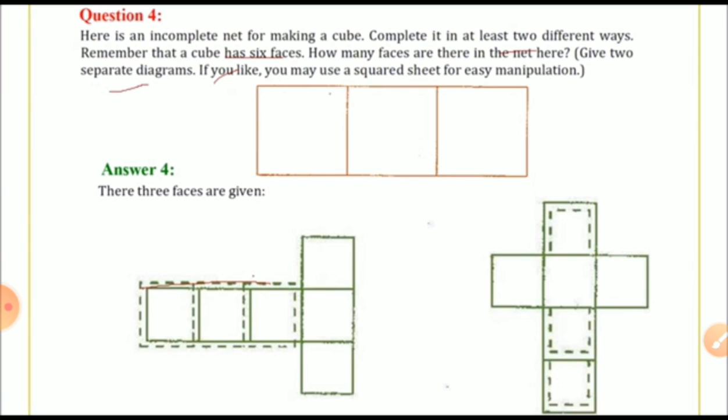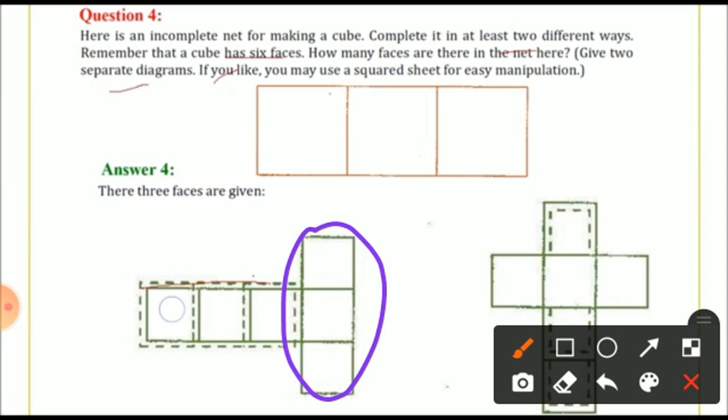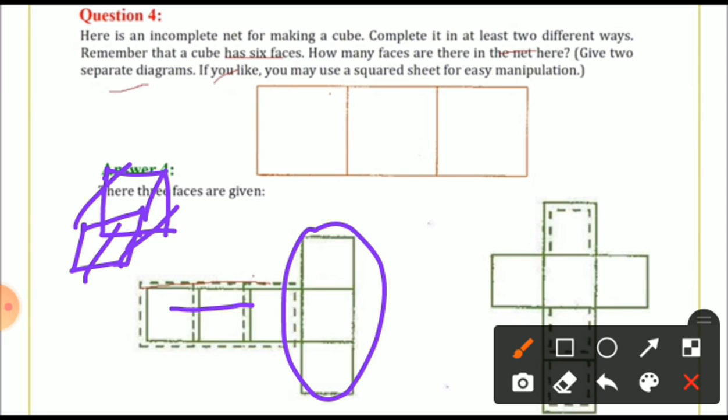Suppose we can take 3 more faces that way. First one is here, because this one is given already, so we can arrange it this way. Then and only then it will be possible for a cube. A cube is like this, my dear student. Once again I am drawing here. You can get an idea how to make the cube, because a cube has all equal lengths. Correct. So this is a cube. My cube has not become so good.